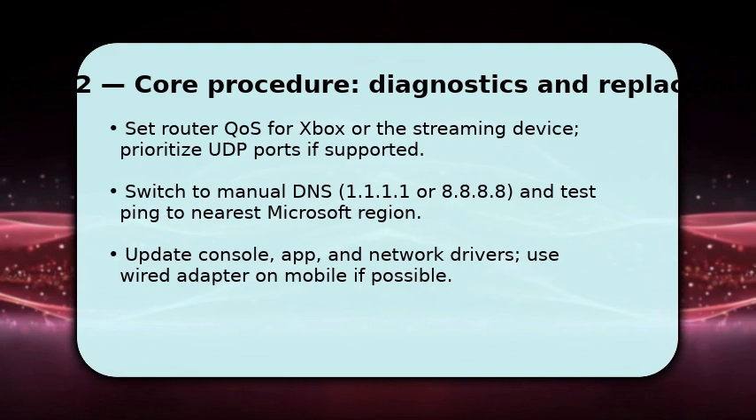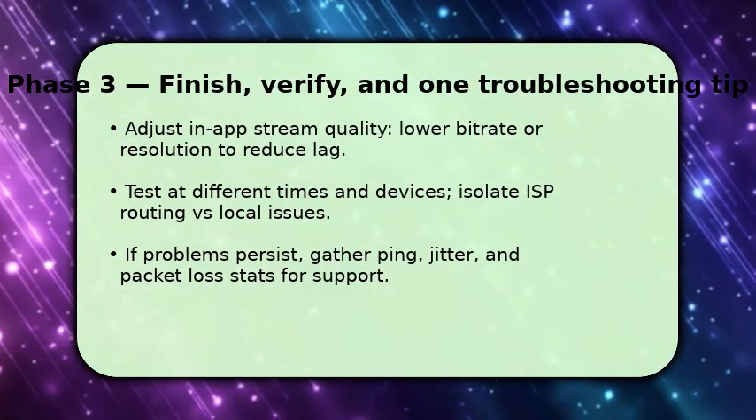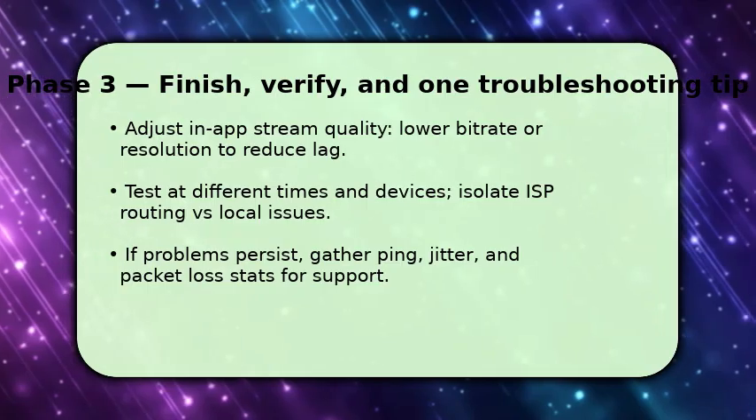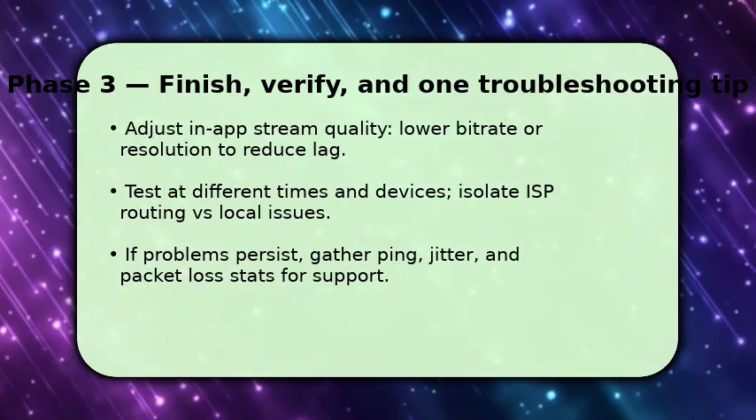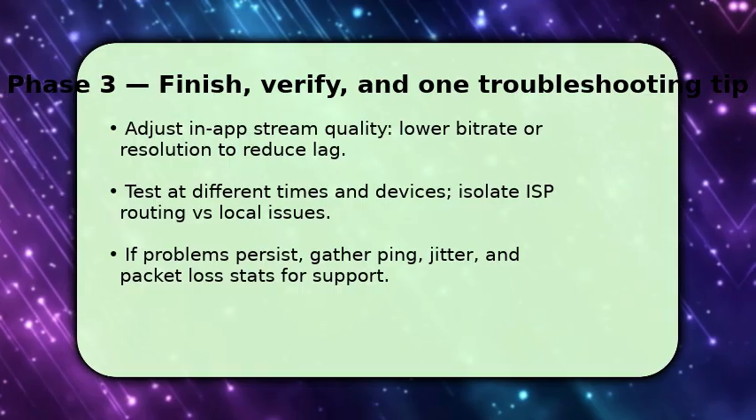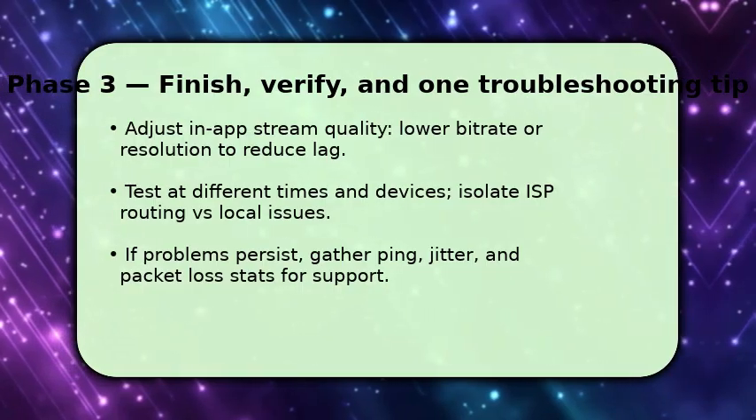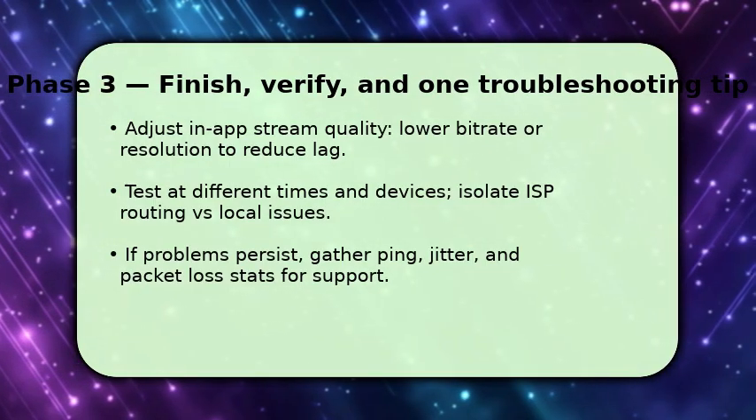To finish, adjust the streaming settings in the Xbox Cloud app. Reduce bitrate or drop resolution if stutter persists, because lower bandwidth demands cut buffering. Then test across times of day and another device to see whether the ISP route or your home network is